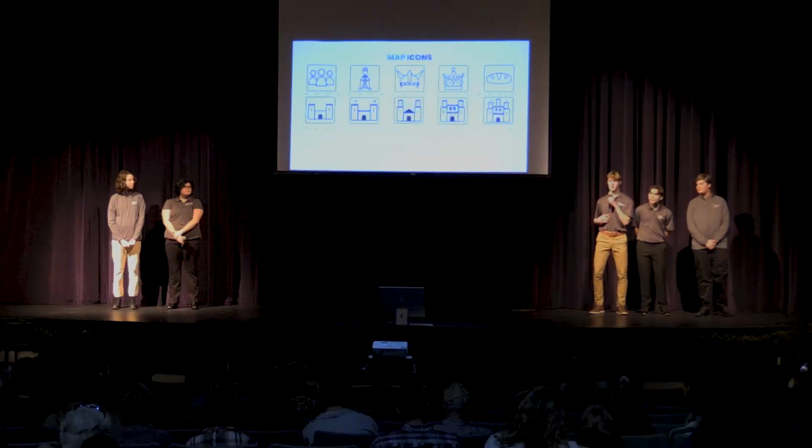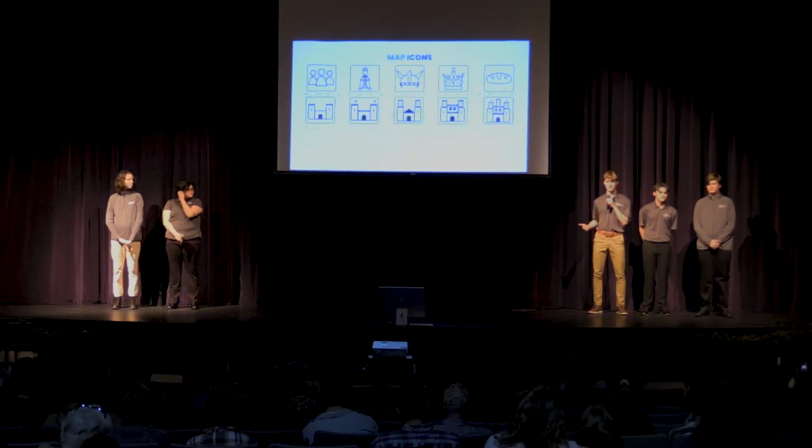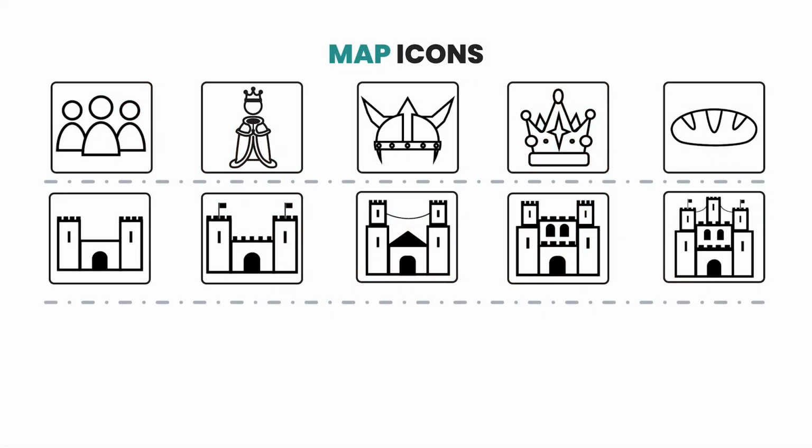I helped to create some of my team's icons, including fortification level, population level, and the Duchess icon. I used my sketches as well as my teammates' sketches to design a strong base for all of our icons. Here in the middle of the screen, you can see the fortification levels. I start with a simple castle that is easily noticeable and progressively upgrade it to make it appear stronger in the end. In the top left, you can see the population and Duchess icon. I use simple line art to make these easily noticeable as well.